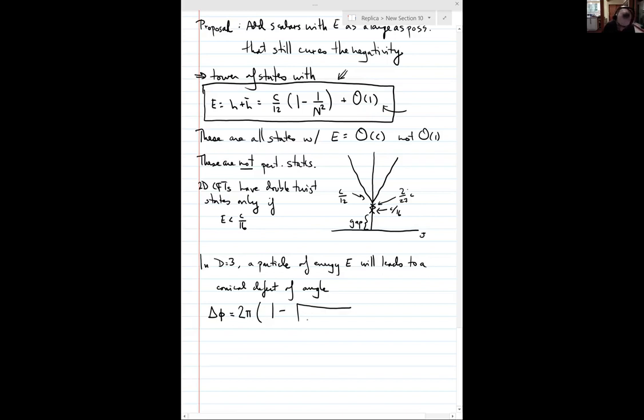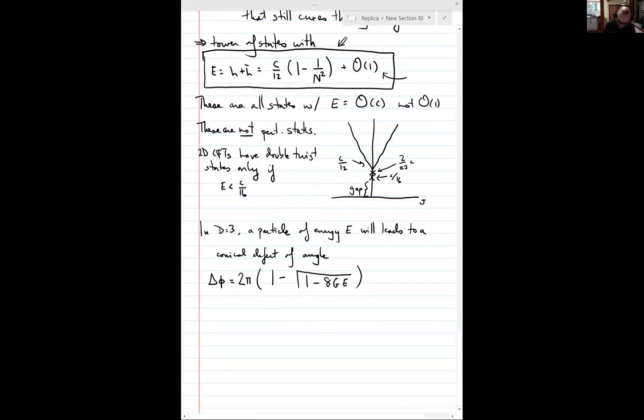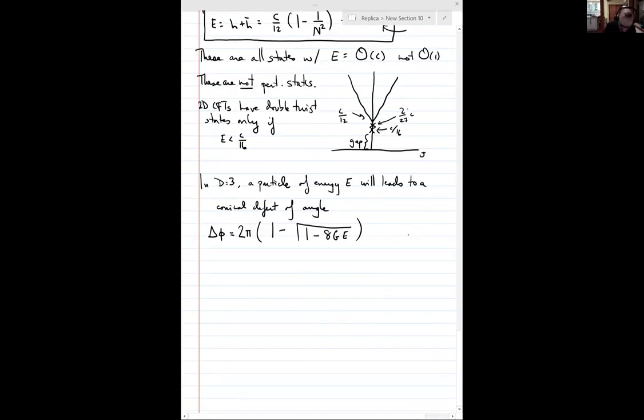So it's 1 minus 1 minus 8GE. Okay, so there's a Newton's constant, because that tells you how strongly energy back-reacts on geometry. And this is the formula for the conical defect angle. So if you want to picture it, the picture that you should think of in your head